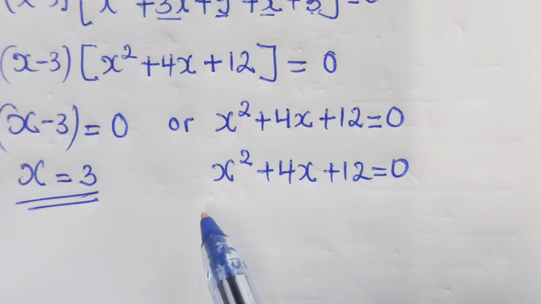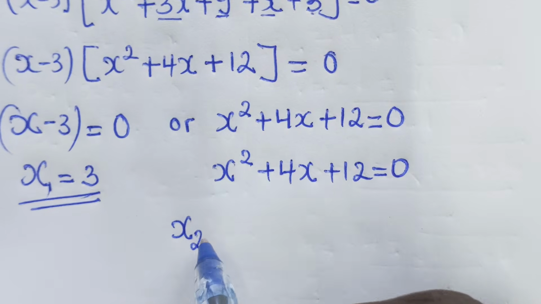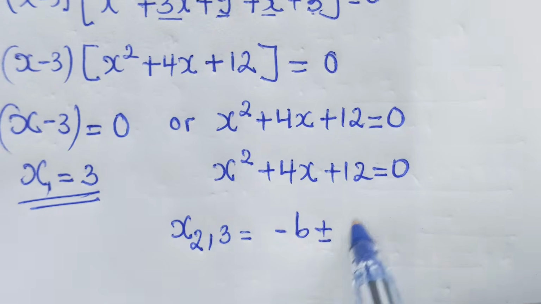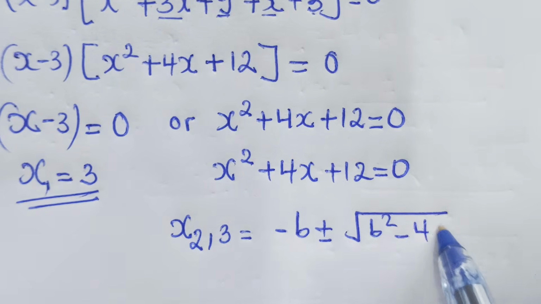We shall solve for x. This is x1, we shall say x2 and 3 equal to negative b plus or minus the square root of b^2 - 4ac